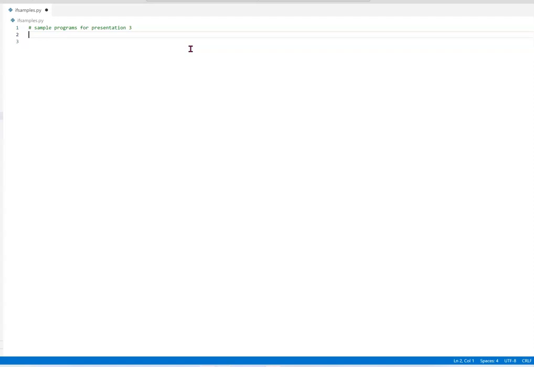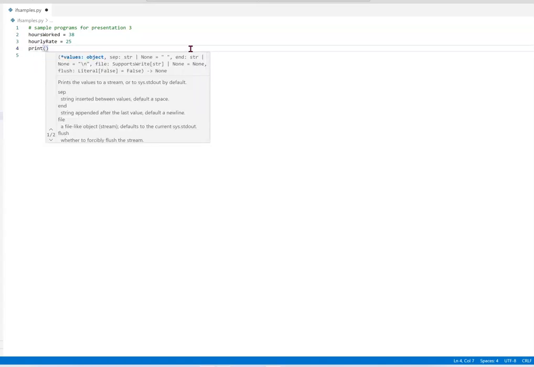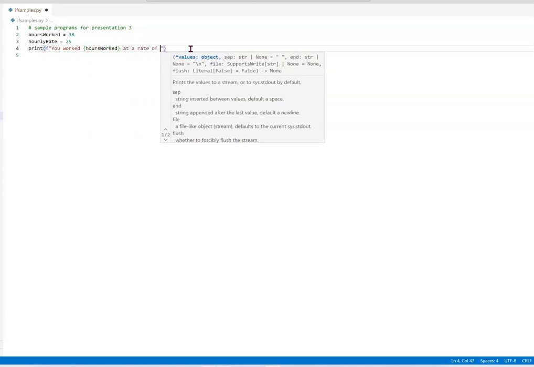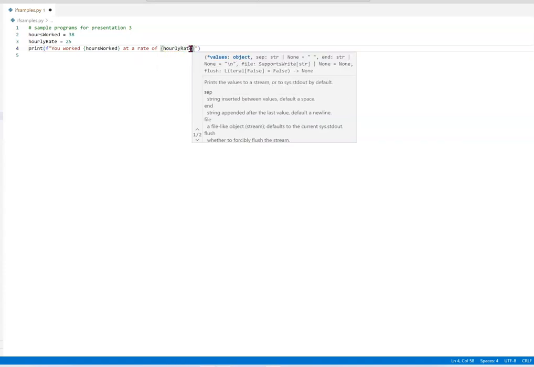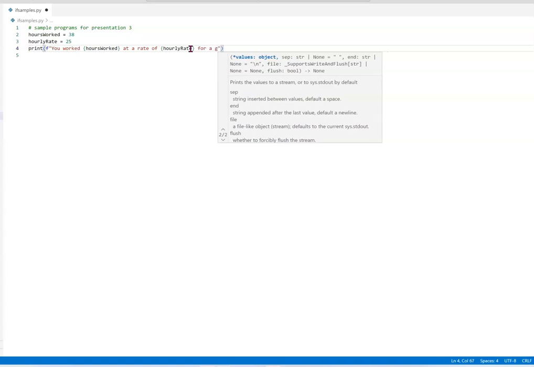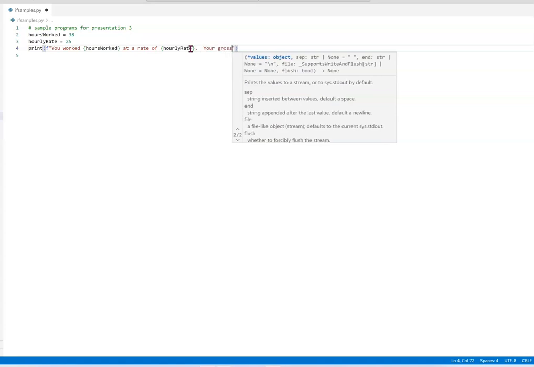So normally, logic works like this. Let's say we have a payroll program and we say hours worked equals 38 and hourly rate equals 25, and we want to print out a pay stub saying how much we made for hours. You work... your gross pay is,